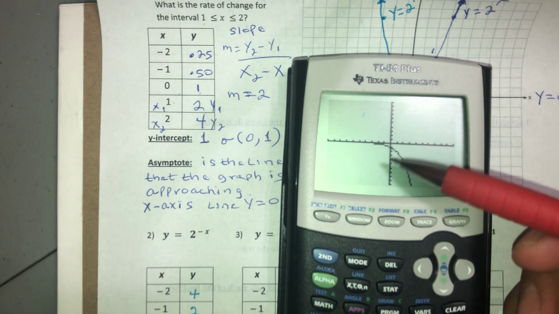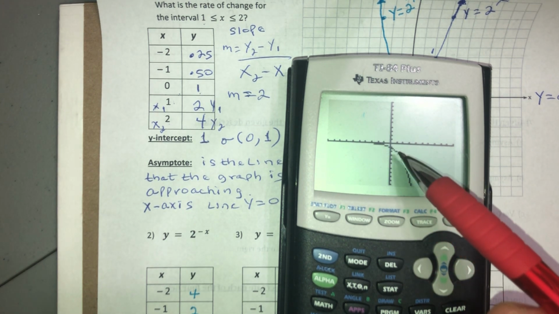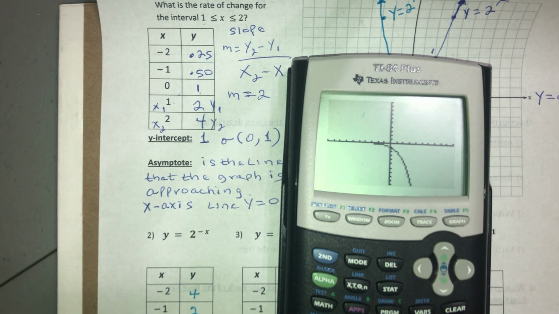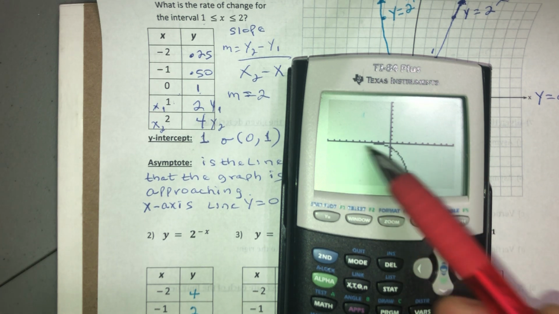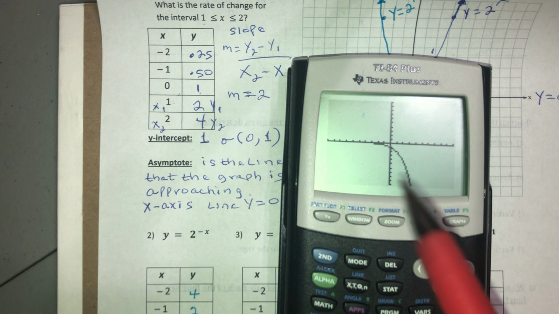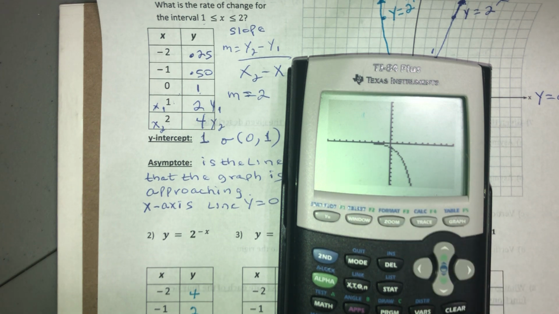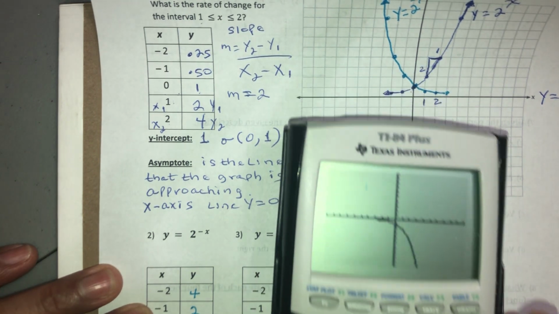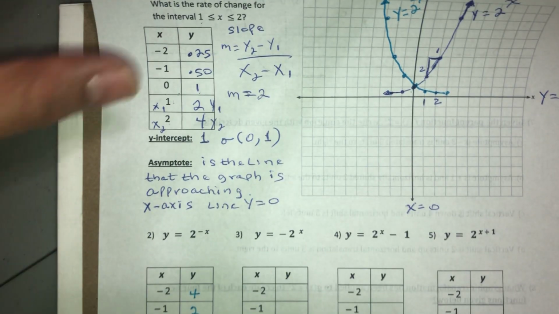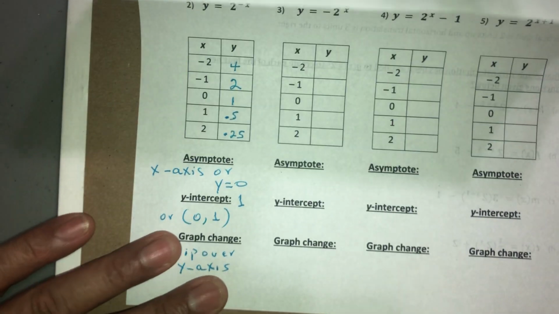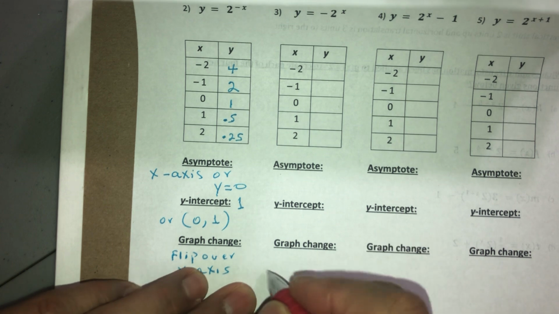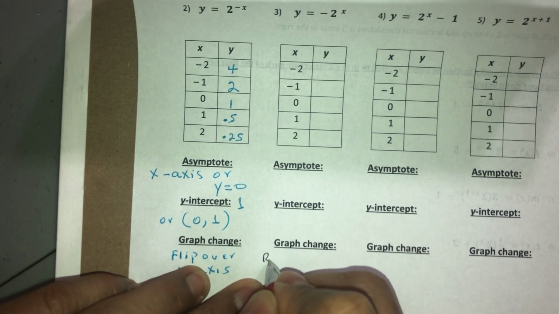And also my asymptote, because remember that the line is going in this direction to negative infinity on the y-axis and positive infinity on the x-axis. So that means that this one is approaching the x-axis again. So my asymptote there is going to be the y equals 0 line, or my x-axis. So let's answer that first if you want to, or the way we can do it after. But since I already know, I'm just going to answer my question right now. So here, graph change, I'm going to use reflect